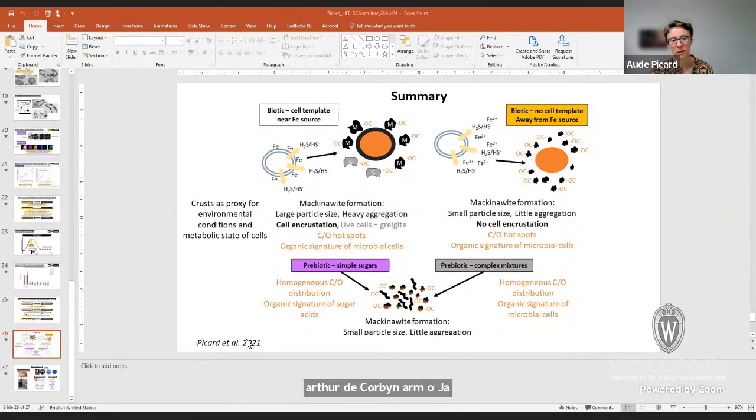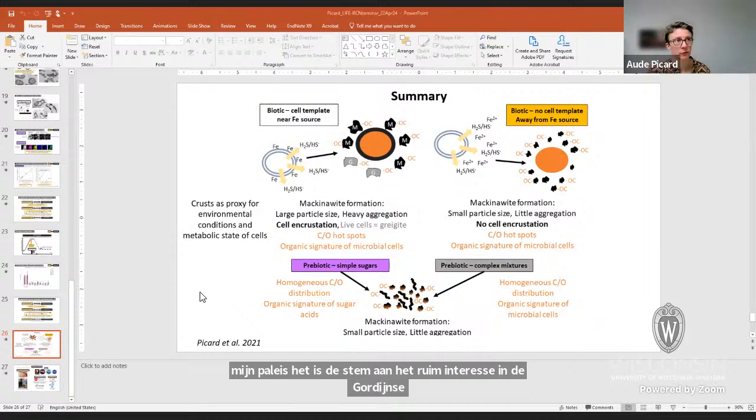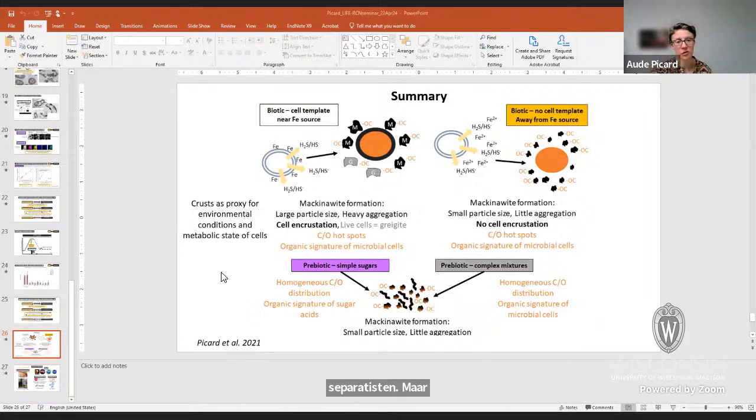So not to my knowledge, but there are other systems that I'm interested in, like the carbonate system, obviously, where we see different patterns of incrustation and intracellular precipitation. So I think there's still a lot of open questions in the field for sure. I hope that answers the question, or did I miss something?